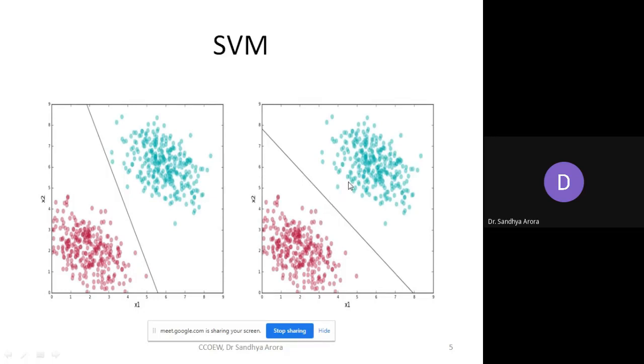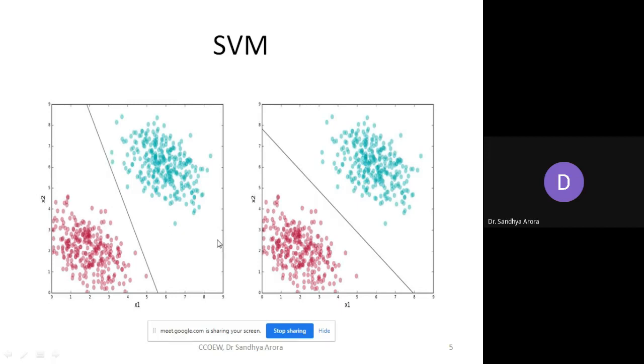So if you apply SVM on these data points, obviously your output line will be this, not this. It will give you this classifier, it will not give you this classifier. If you apply a neural network on these data points, maybe the neural network gives you this line, or maybe it gives you some other line which is closer to, might be, this line. There can be multiple lines.